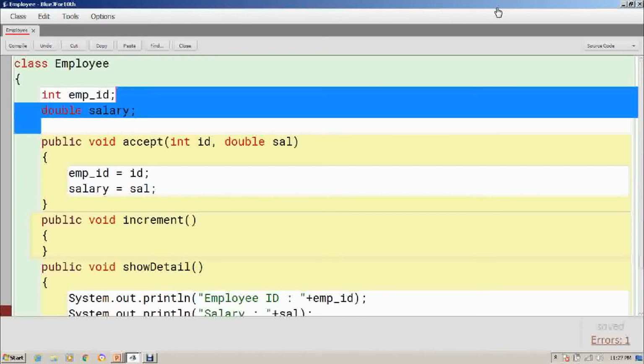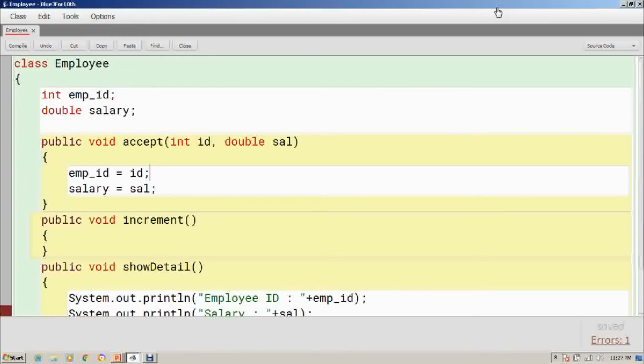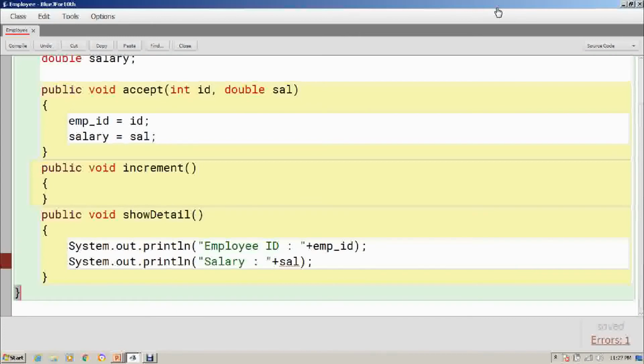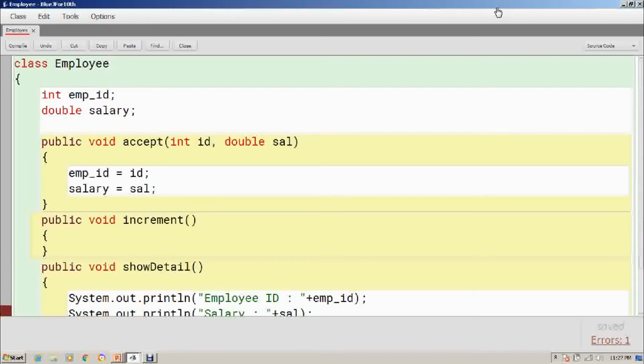That means I can use the employee ID and salary variables anywhere inside this whole employee class, inside any method. But I have created two more variables like int id and double sal. Now I declared them in the accept method, hence I cannot use them outside this accept method. And if I try to do that, definitely it will be an error.